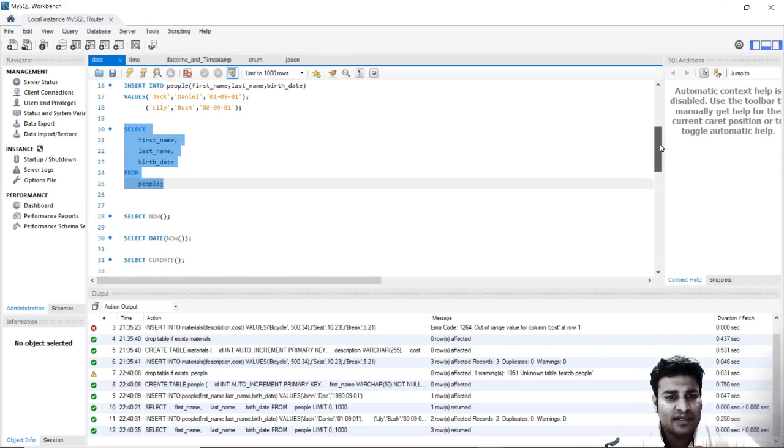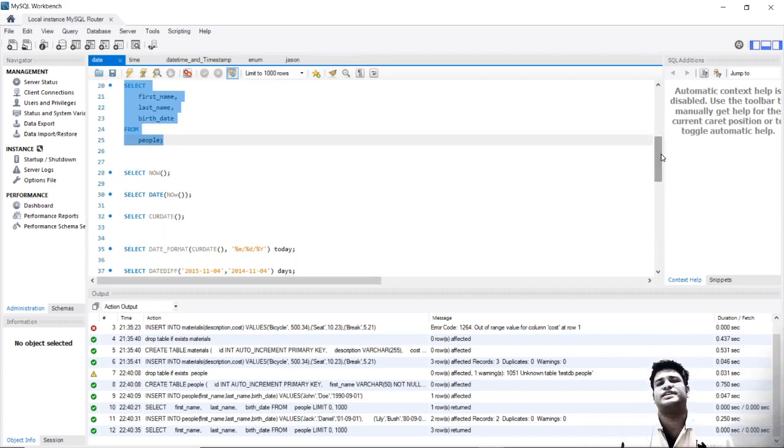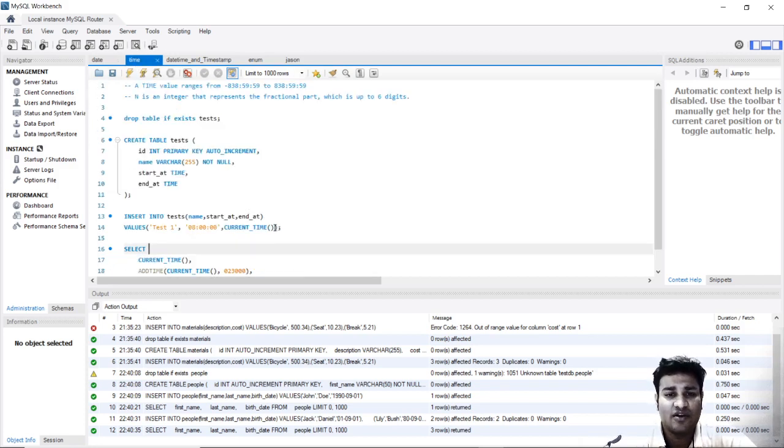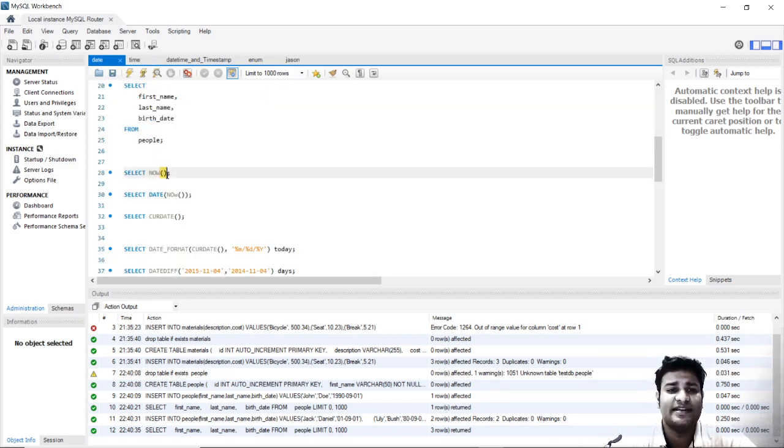What I want you to understand is that there are a few functions. The reason I decided to keep two chapters for data types is that I always wanted to separate date and time from the other things. The data types we are going to study in this tutorial are much more important, while the previous ones were easy. These are the important ones, and you need to make sure that you understand and learn these functions. There is a function called now. Similarly, in time there is a function called current time. Current time gives you the current time, and now gives you the current date.